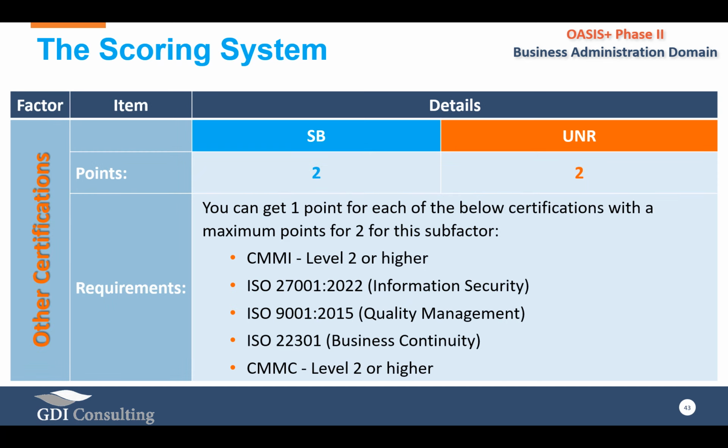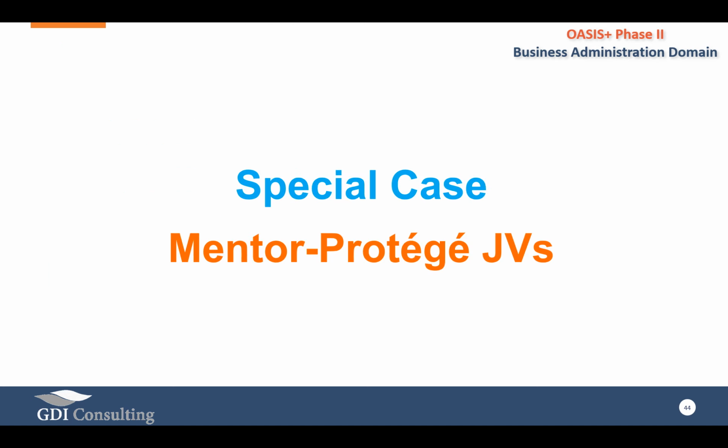Now, for other certifications, there's a CMMI level 2, ISO 27001, ISO 9001, ISO 22301, and CMMC level 2 or higher. For any of these, you get 1 point, up to 2 points for 2 of them. So that's how you get 2 points maximum here for these other certifications. Now, there's a special case also I wanted to mention before we finish the scoring part of business administration domain,